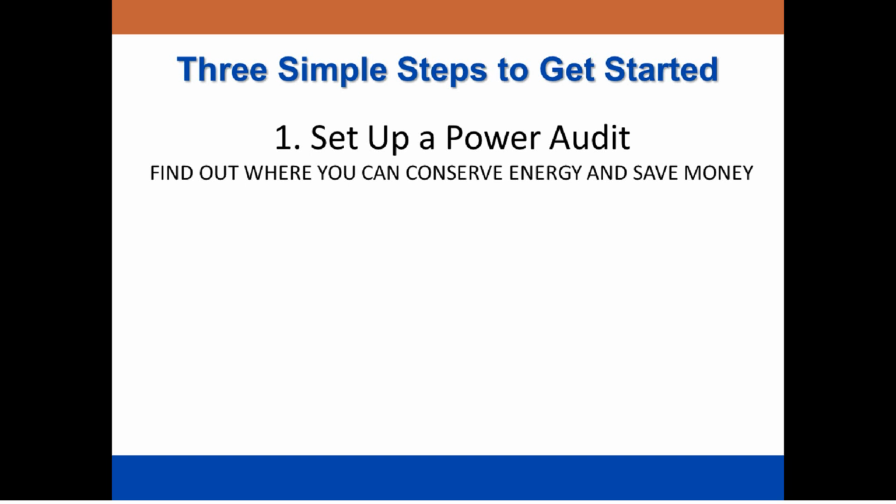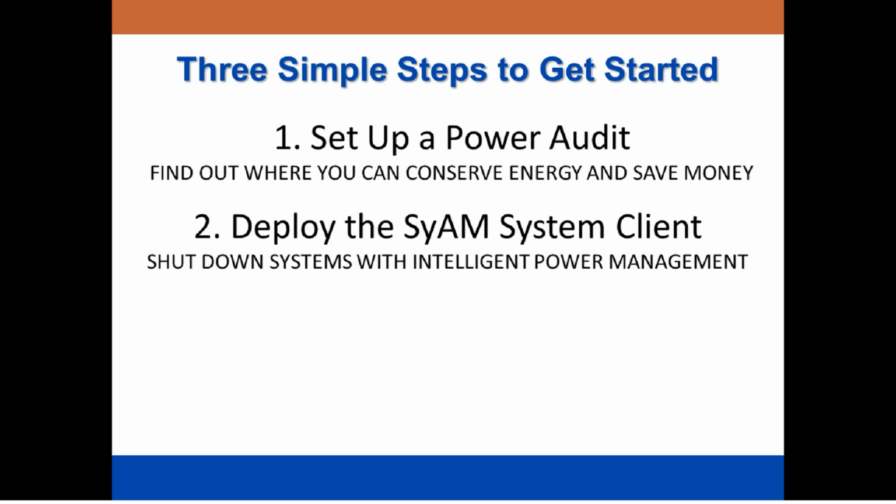First, you'll do a power audit of the systems on your network to find the areas where you can save money. You can set up a power audit in half an hour, then let it run for 8 days to collect data. The second step is to set up an unattended silent installation of the SyAM system client, configured with